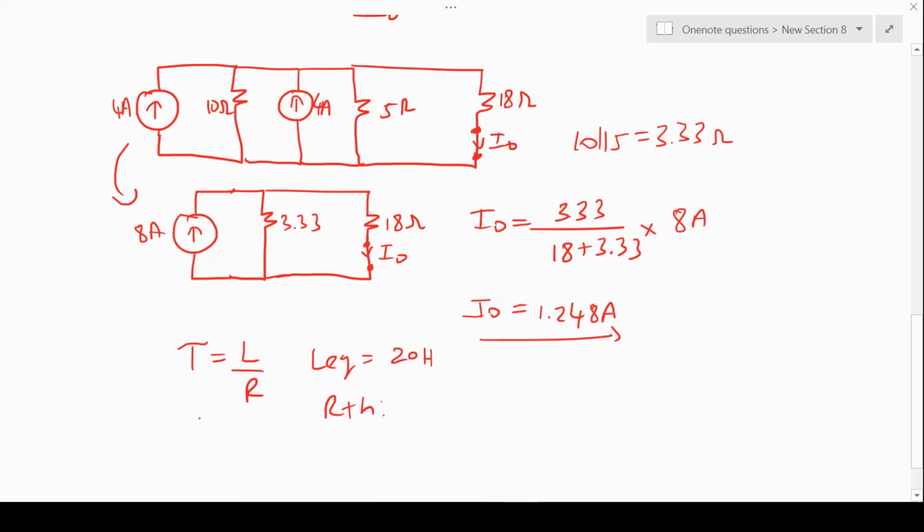So we can say that the current source we know is going to become an open circuit. The equivalent resistance will remain 3.33, with the 18, and just for clarity's sake, we leave that as an open circuit so that we can see R equivalent. So R equivalent must be 18 plus 3.33, which is going to give you